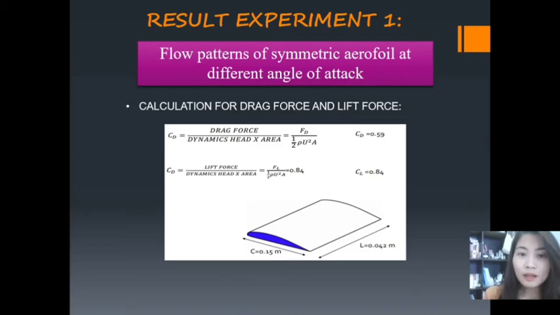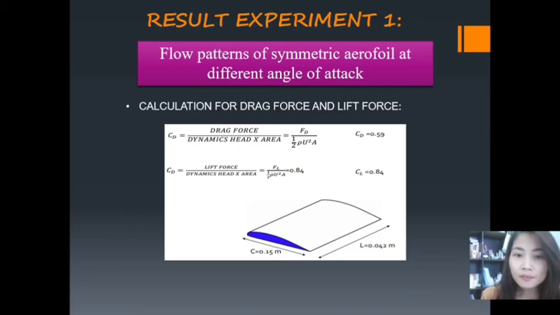So, in order to calculate the drag force, we have been provided with CD equal to 0.59, and the area is C times L. We'll get 6.3 times 10 to the power of negative 3. So, to get the drag force,